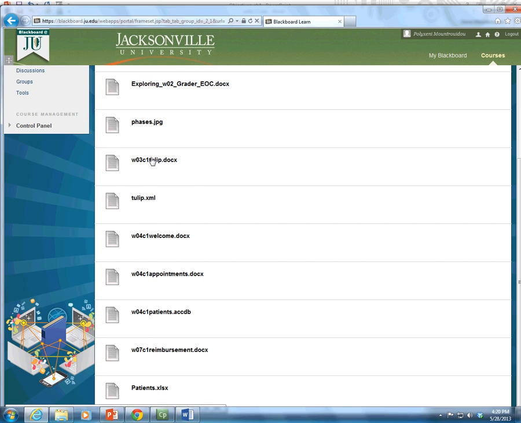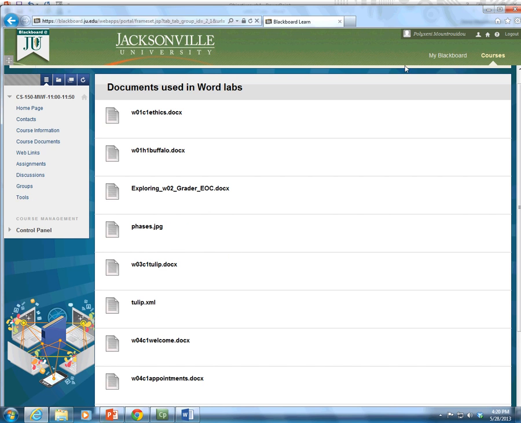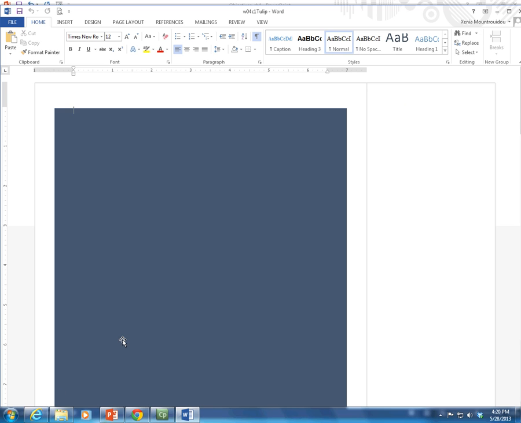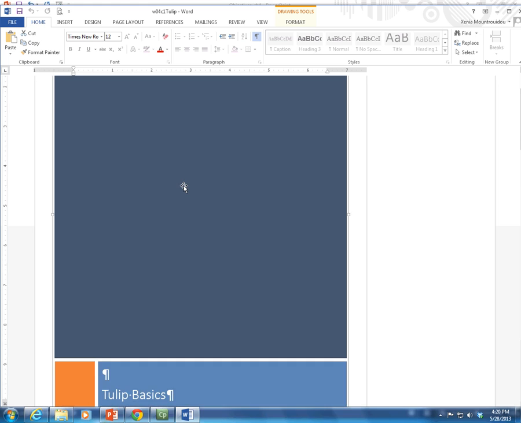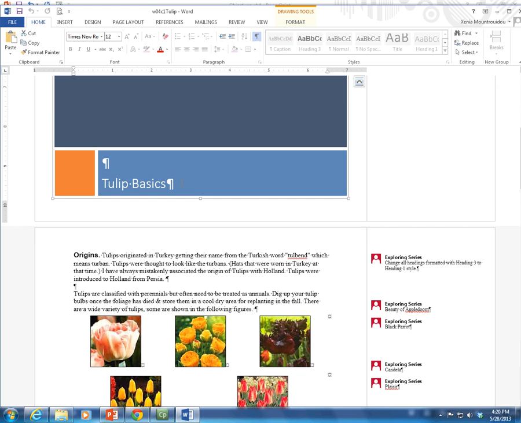And here it is, W03C1 Tulip. Well, it has a little different name here. It's W04C1 Tulip. Not a big difference. So here we go right now. Okay, we've got our tulips document, and